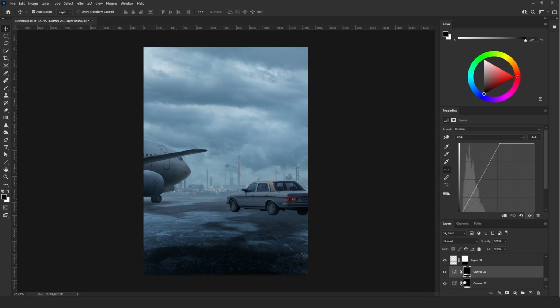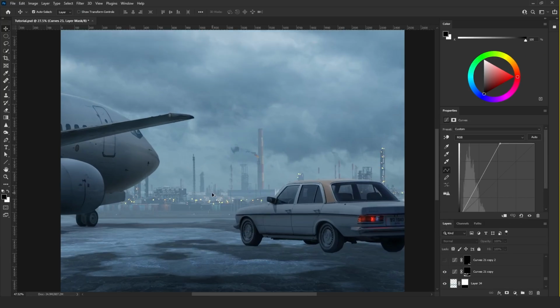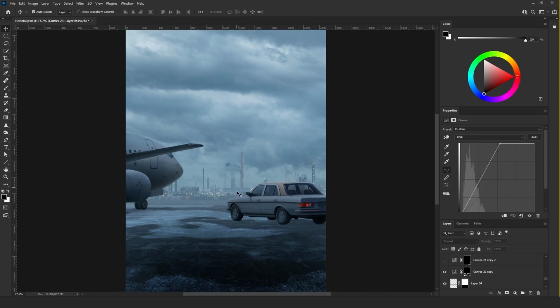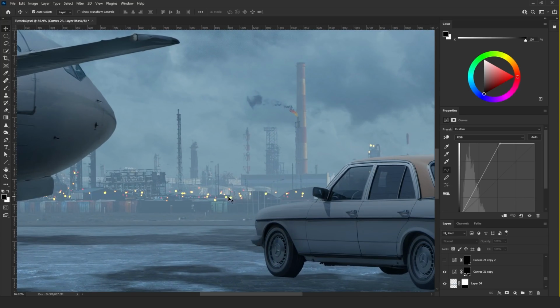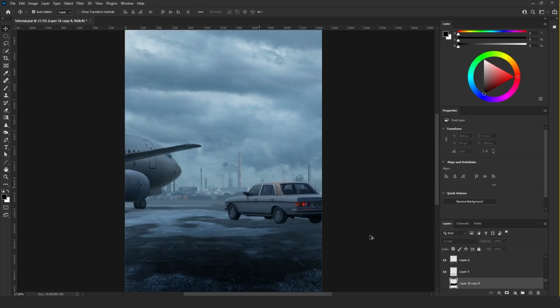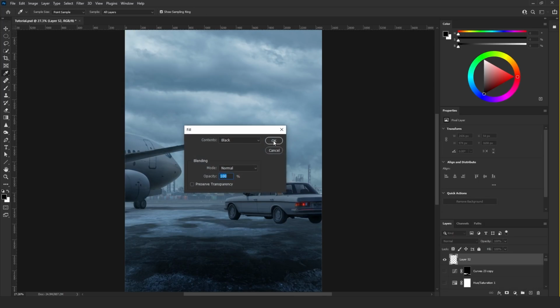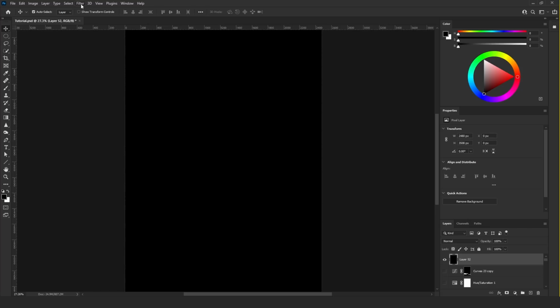Now what I'm going to show you is how to make the bokeh, and then I'm going to show you how I make my lens blur. So for the bokeh, let me just hit it real quick. For the bokeh, what you want to do is make a new layer and again fill it with black, and then go to filter,